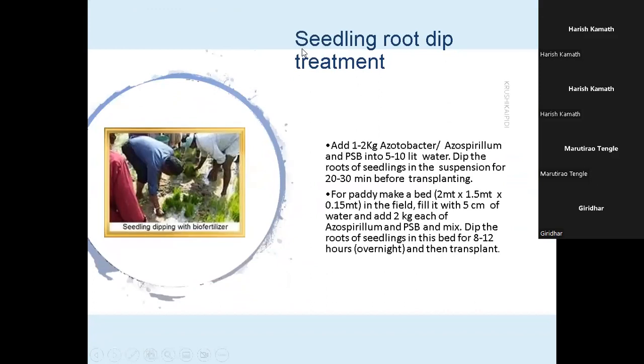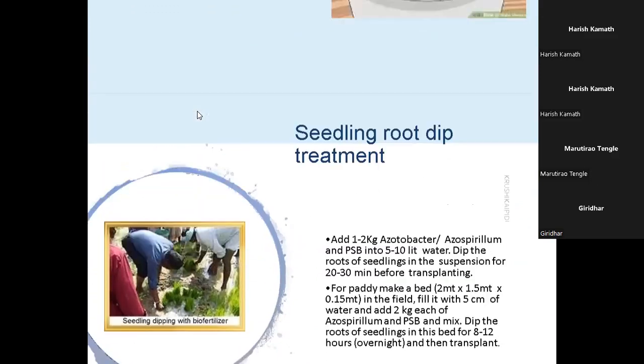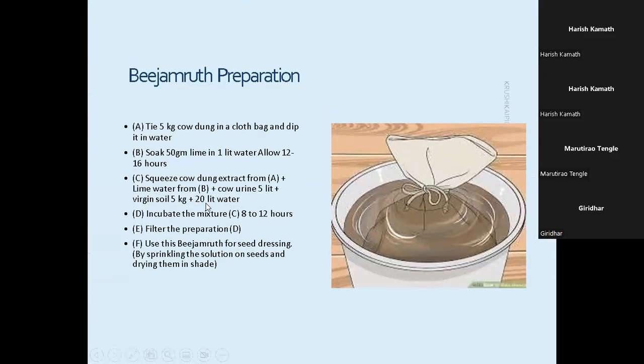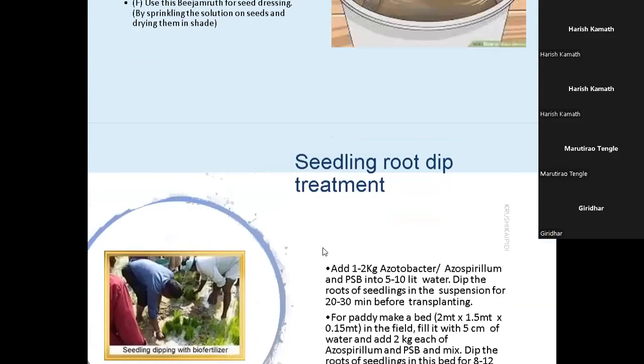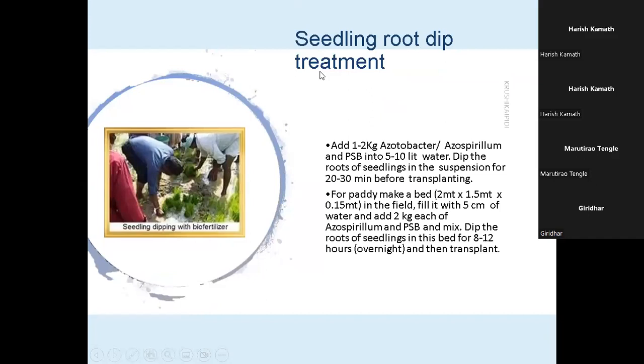Here also you can use some biofertilizers, 200 gram, and prepare it when you are at the seed stage, and just dip the seeds in this container. That's also okay. Another is seedling dip. Some seedlings like tomato or even brinjal, usually they will plant seedlings.